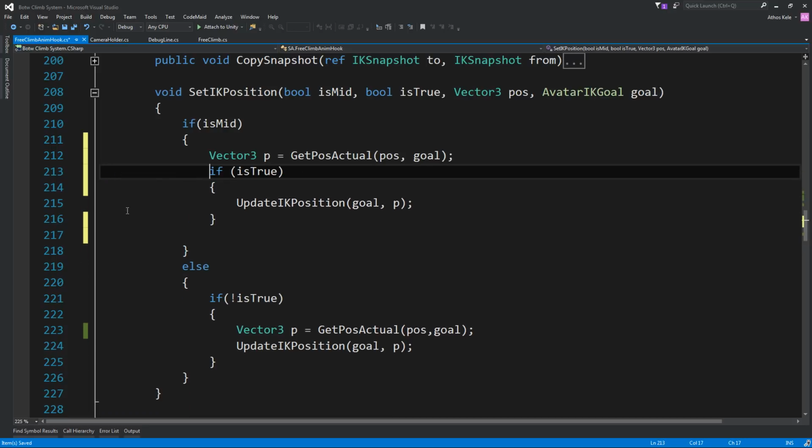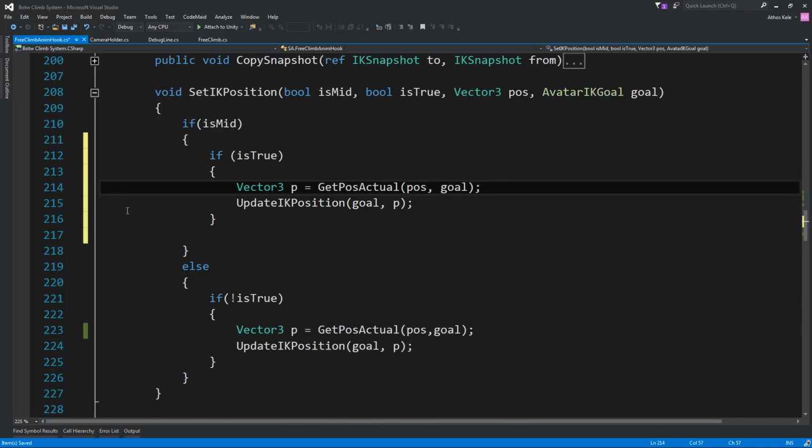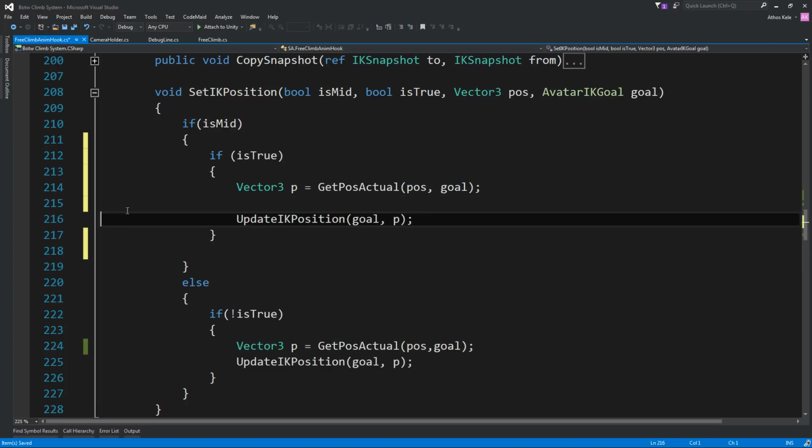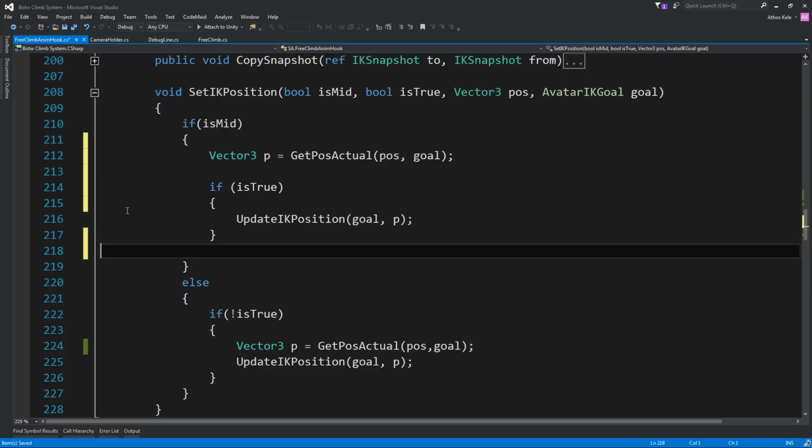No, actually, you know what? Since this is true, we don't need to change this. Or, yeah, no, let's make it then. Let's make it like this.